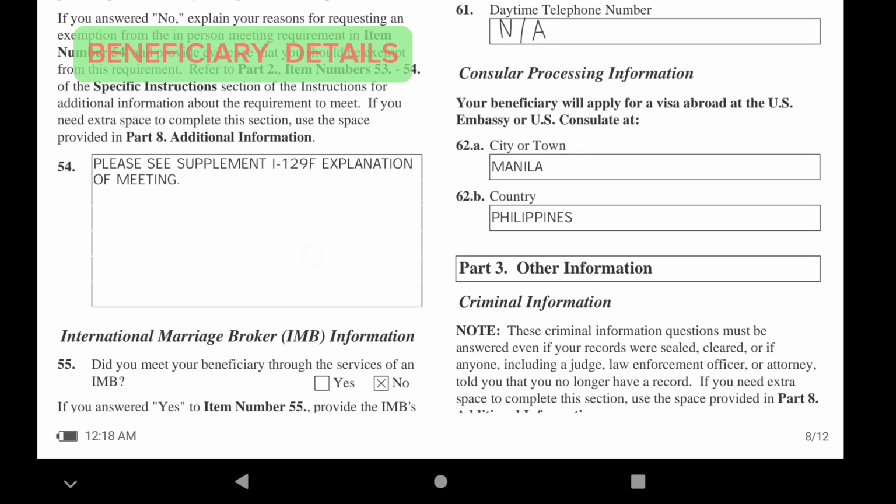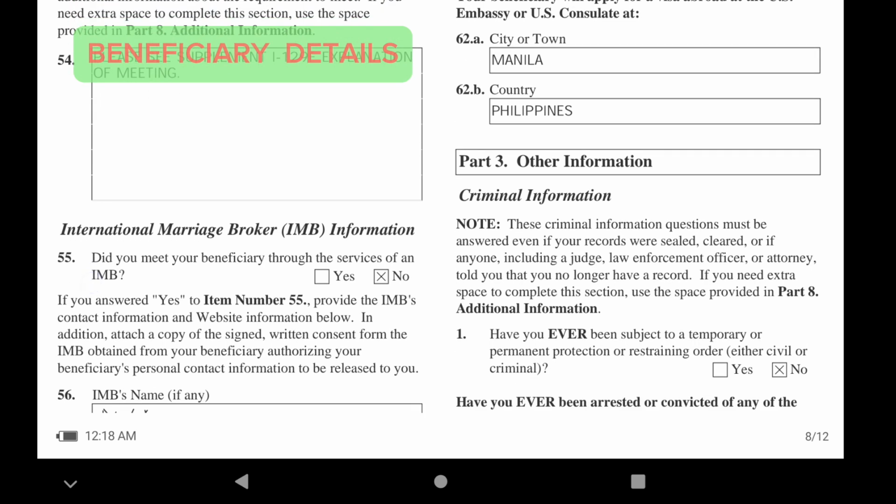And I also separate the story, the I-129F supplement, into one short bond paper, and I tell the story of how we met and when and how, like that. For example,